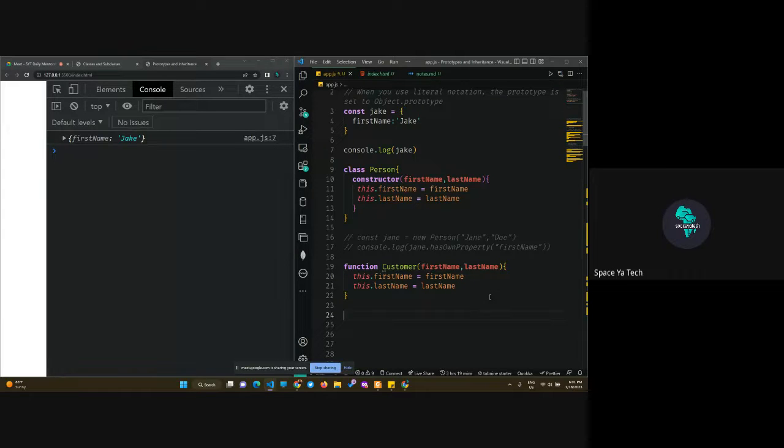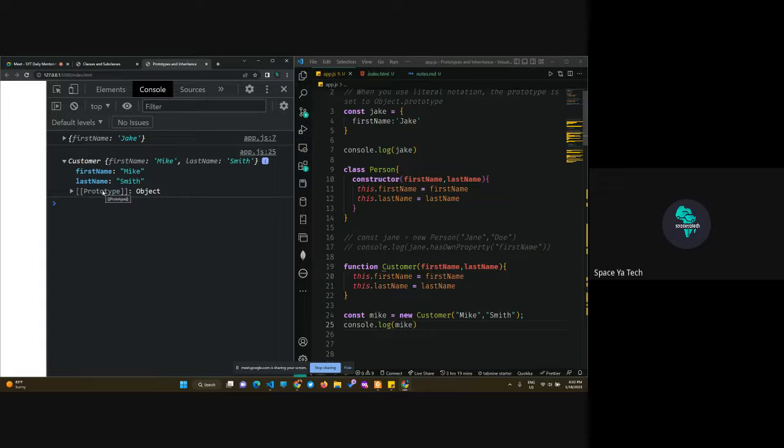And we can simply now instantiate it. So const mike equals new Customer. Log mike. We have our object here. We are using the Customer constructor. The Customer is what is creating that object. We open it up. You can see the same thing, right? You can see our immediate prototype, same way as the classes. So it's the exact same result. Our immediate prototype is the Customer itself,